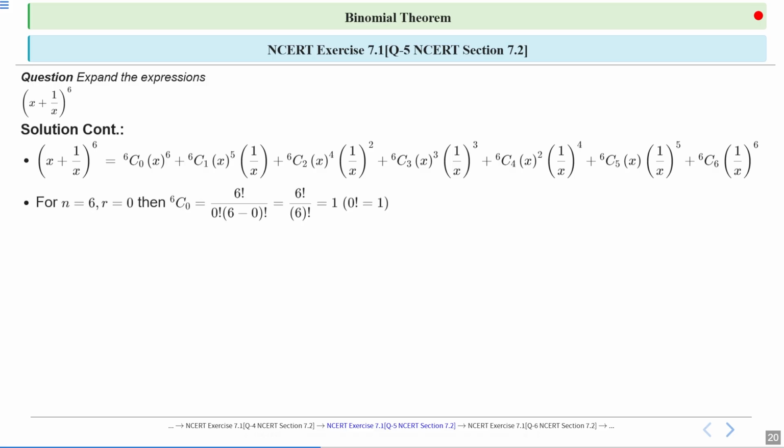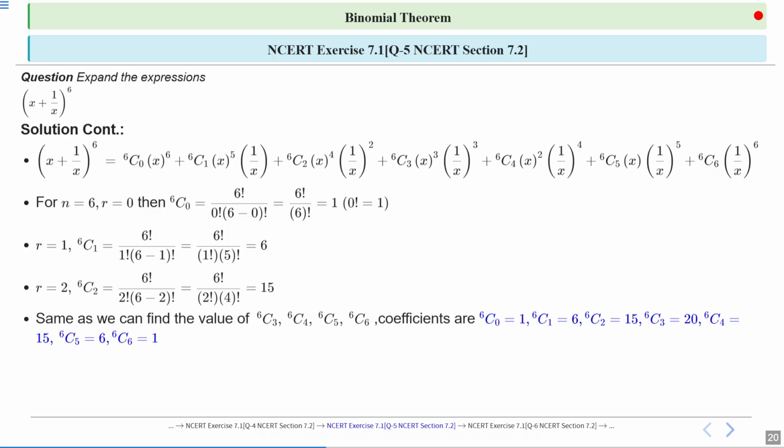For n equal to 6, r equal to 0, 6c0 is 1. For r equal to 1, 6c1 is 6. For r equal to 2, 6c2 is 15. Similarly, we can find the remaining coefficients 6c3, 6c4, 6c5 and 6c6. These are 20, 15, 6 and 1. So put these values in the expansion and we get